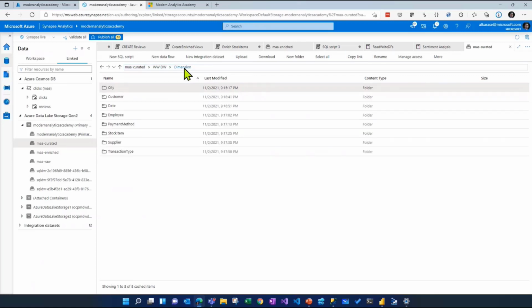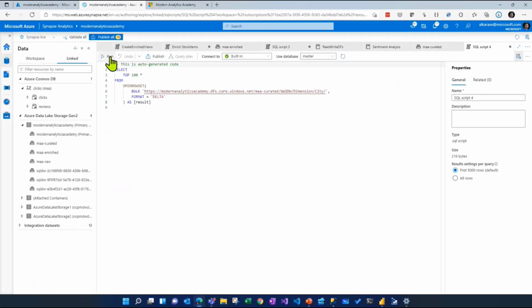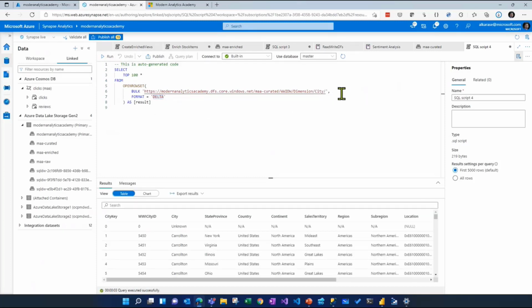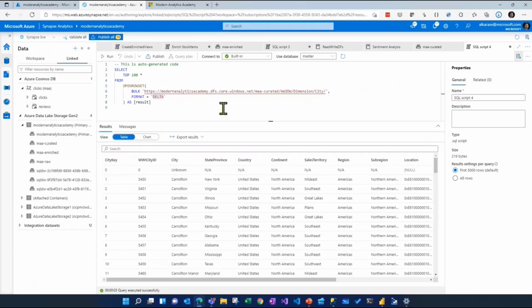And again, because of the interoperability of all these different engines inside of Synapse, I can just right click on my folder, say new SQL script, and tell it I have Delta files, and it will automatically scan the entire directory underneath and generate this code for me. It understands it's Delta format. It understands it just needs to find the log file, and it returns the results. All right, and again, just as before, because I'm able to execute the SQL query to return those results,